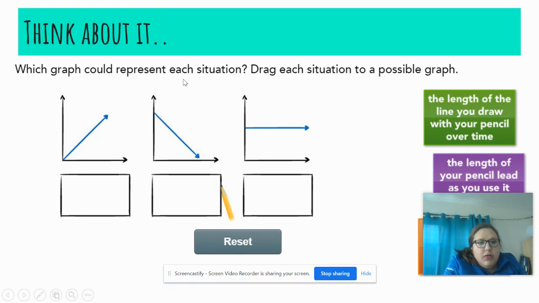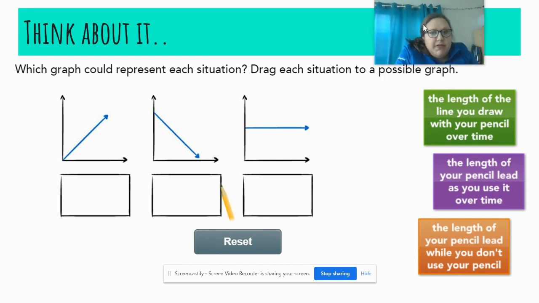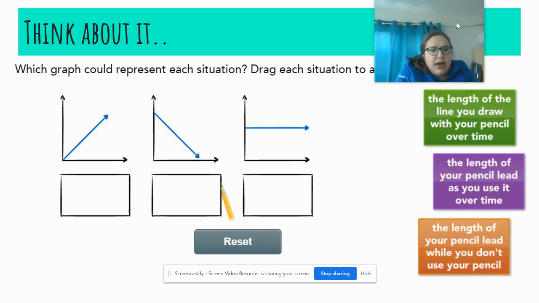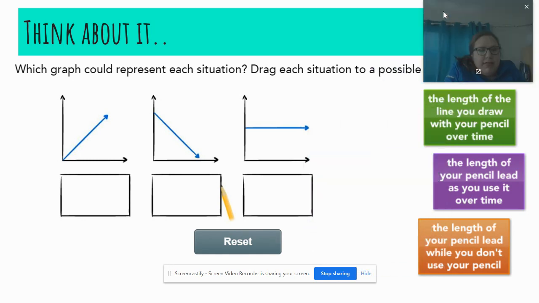Okay, so I want you guys to think about this question for a minute. Which graph could represent each situation? So if I had a graph that is just continuously going up, and then I have one that's continuously going down, and then I have one that is laying flat. So the length of a line you draw with your pencil over time. So if I'm drawing a line,